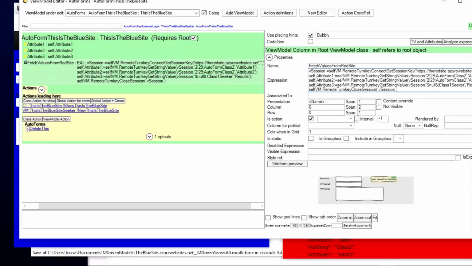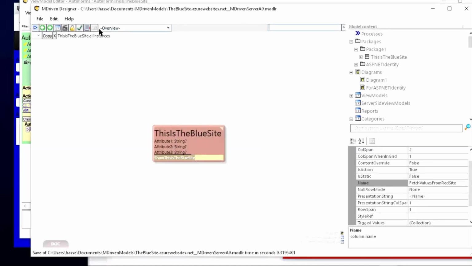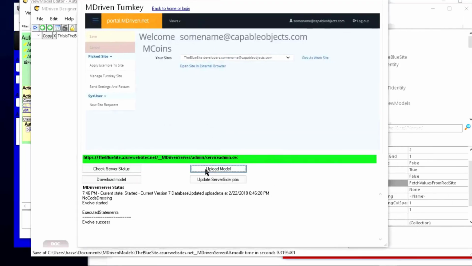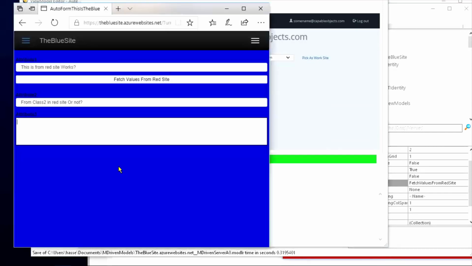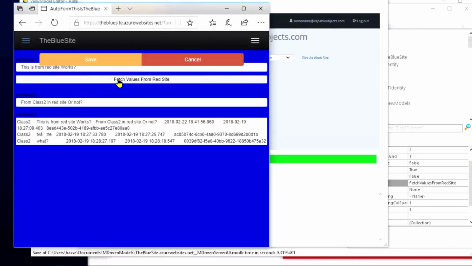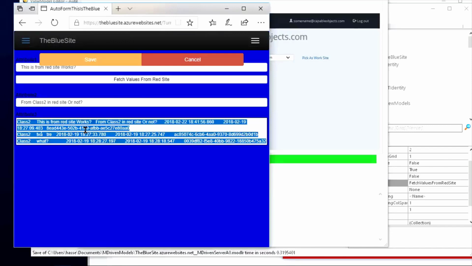So if we were to read into attribute 3 and class 2, and update the site by uploading the model and heading back here, refreshing and reading,